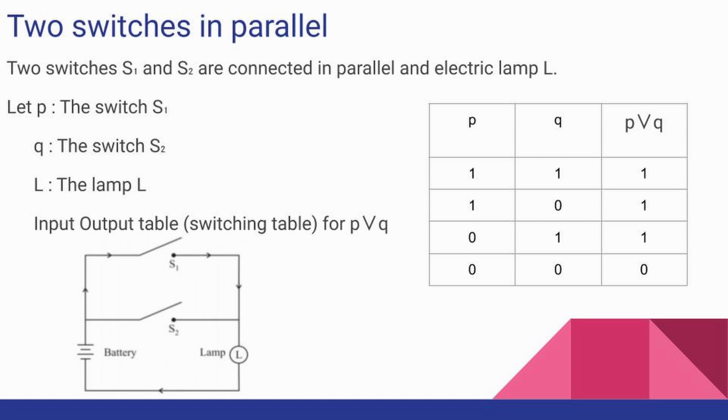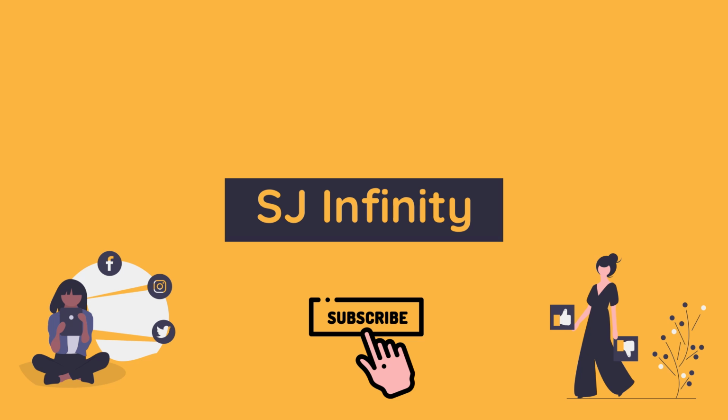So after understanding all these points, we can move on to exercise 1.5 in the next lecture. In there, we are going to solve many problems based on the uses of symbolic logic, that is, to represent a circuit by a statement pattern and to construct a circuit for a given statement. Here we have only conjunction and disjunction because the switches are connected only in series or in parallel. So no need to go for implication and double implication. So in the next video we'll solve exercise 1.5.